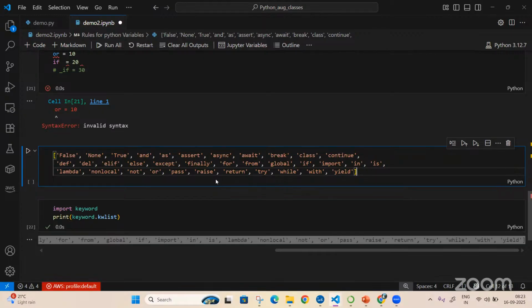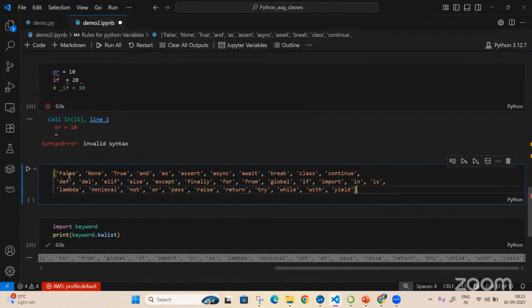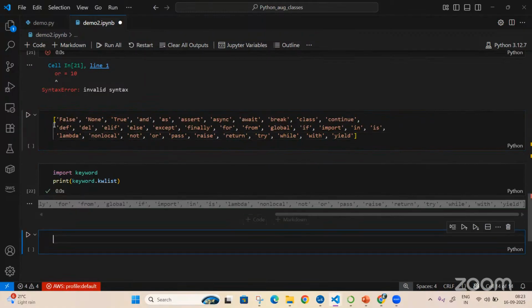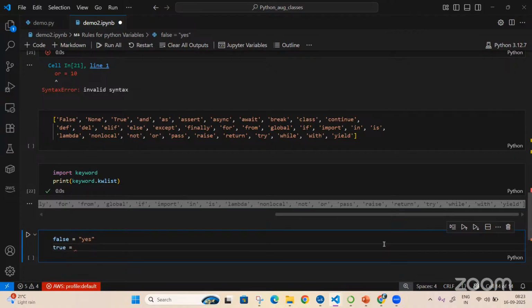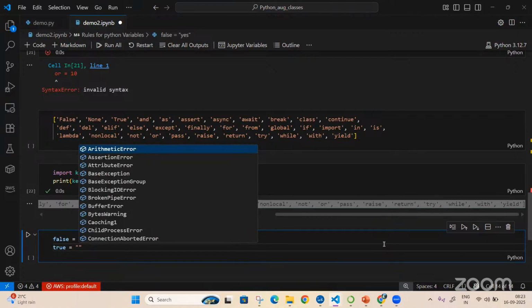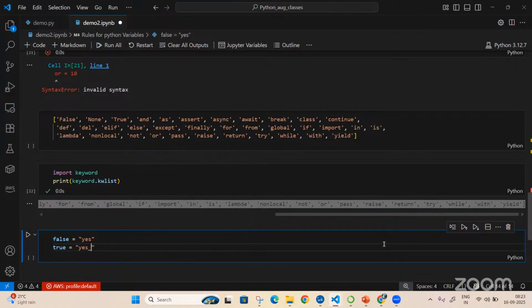Okay. Now, I'll write something. If you see there, these are the keywords I cannot use. I'll write this. Is it valid?